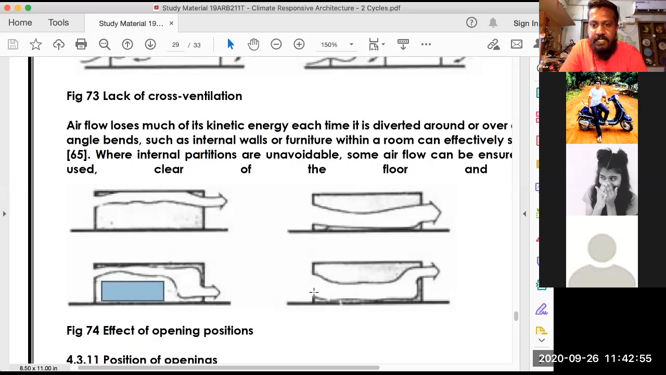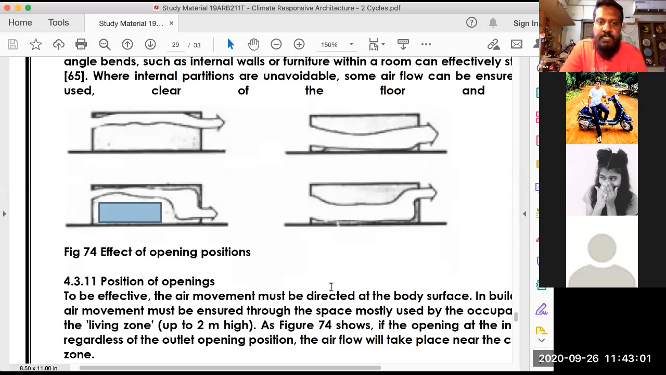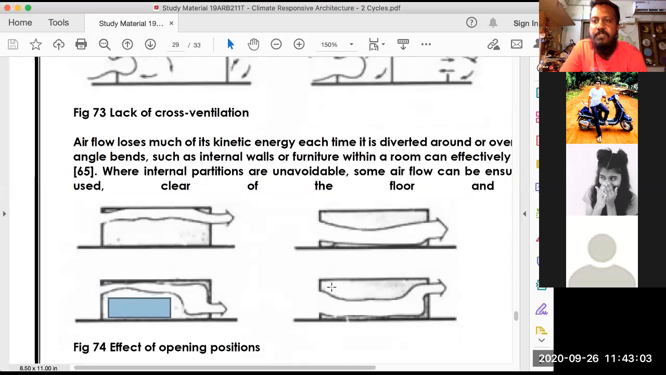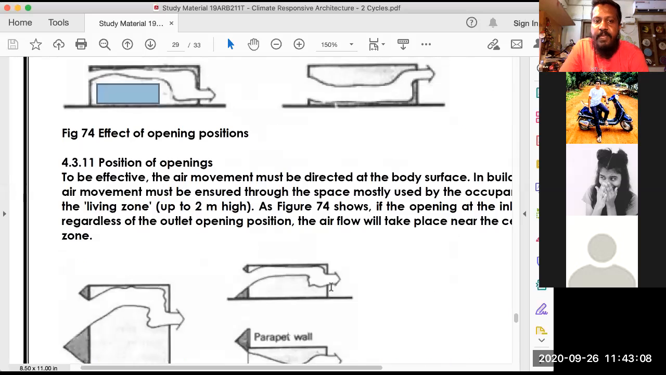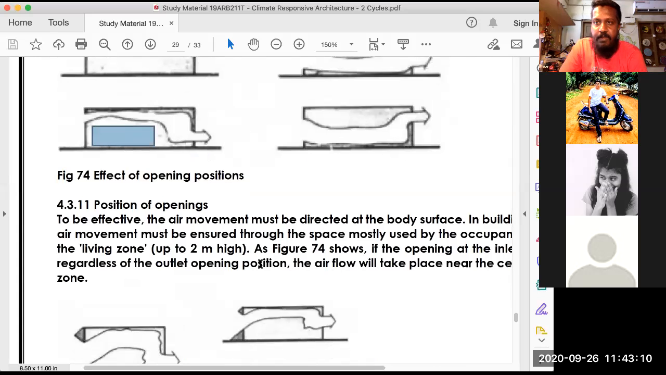And here, if you see, there's a very big opening on the left side and a smaller opening on the right. This also works in a good portion. So these are the ways in which cross ventilation can be achieved. Coming to the particular, now that we spoke about cross ventilation, what is the effect of window positioning? The reason is,